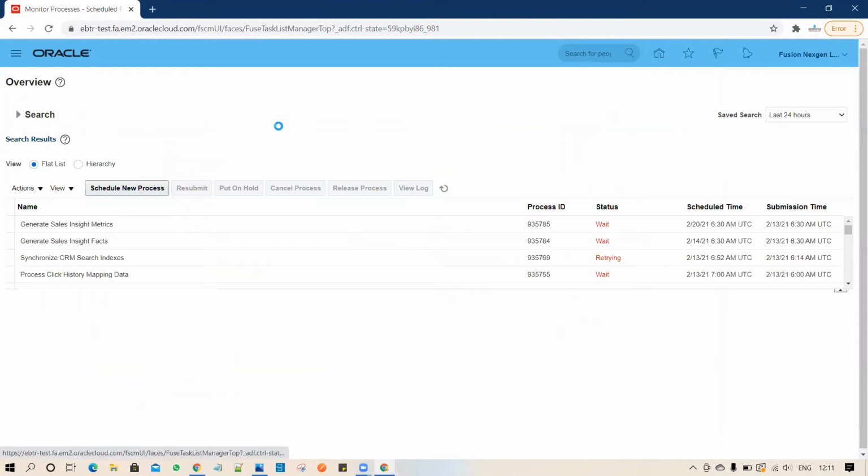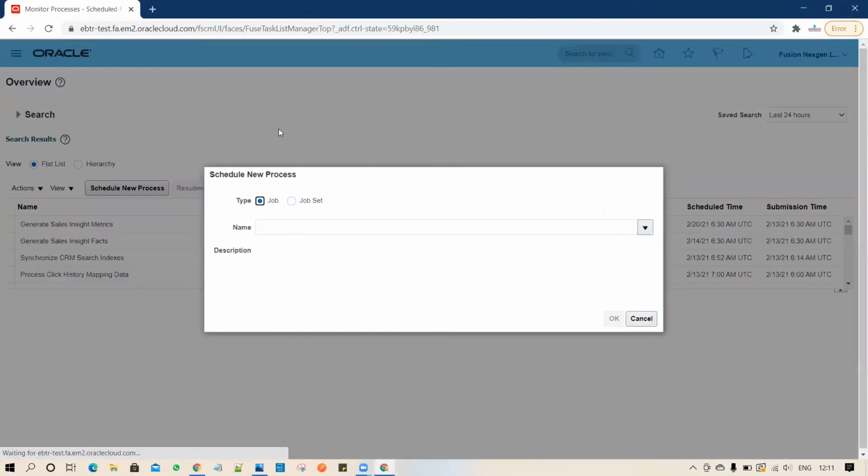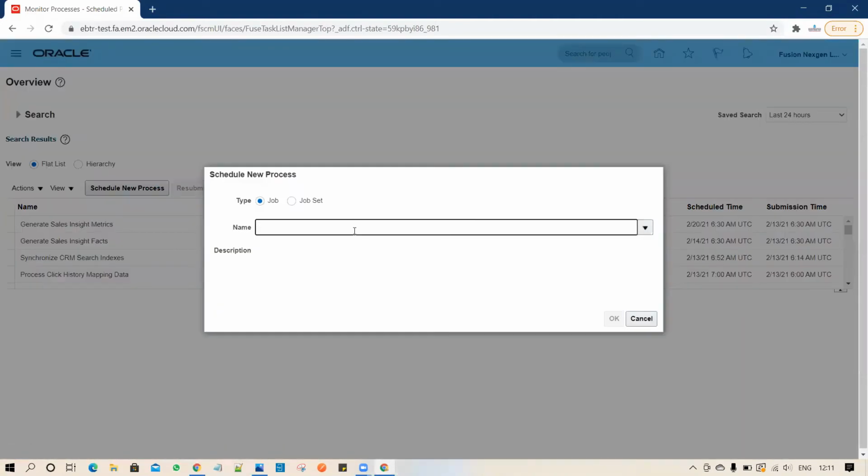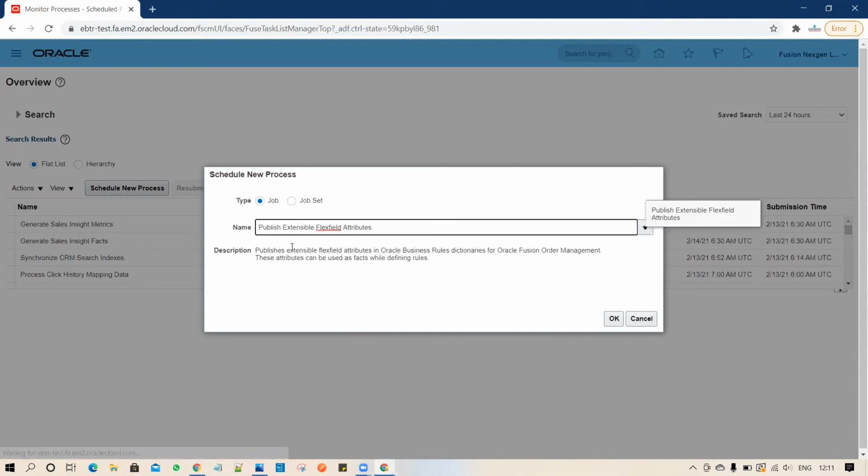Okay, so once you created it, then you have to schedule the new process, and you have to type publish and then search. Yeah, so you can see the ESS job name called publish extensible flex fields attributes. So you have to run it.